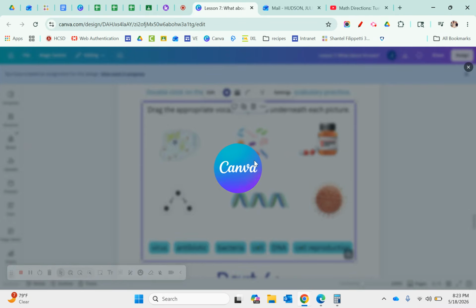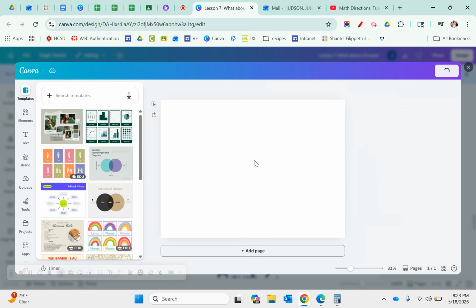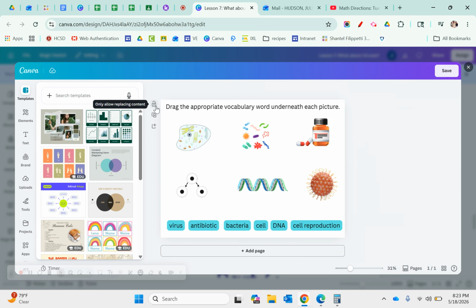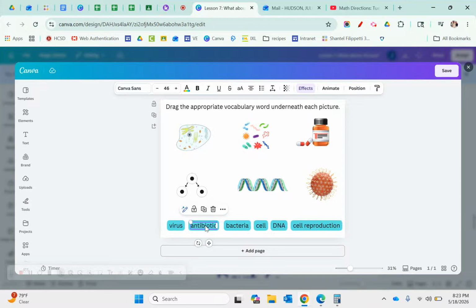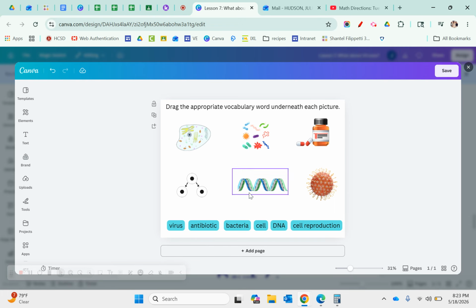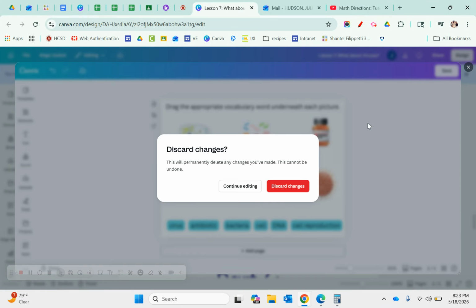There have been some issues with Canva not allowing you to drag things. So this is unlocked right now. These are unlocked, so they should let you drag them. But if for some reason they don't, just make sure that these locks are not locked, because you can see as soon as I lock it, it doesn't let it move. So I created it, and I don't know if that makes a difference, but if those locks are on, just click them until they're unlocked, and then it should allow you to drag these words